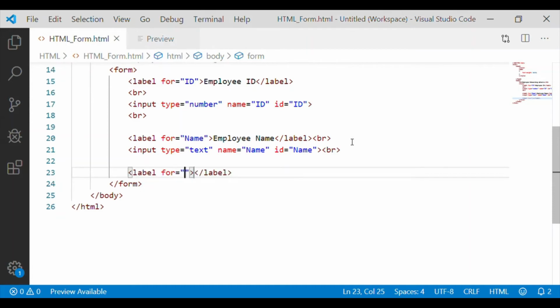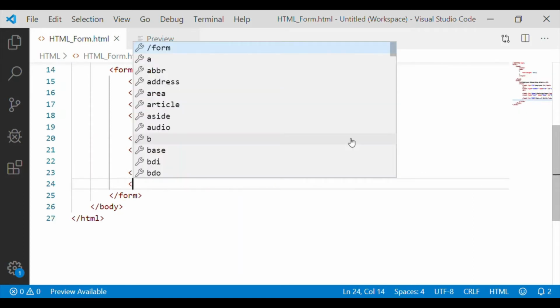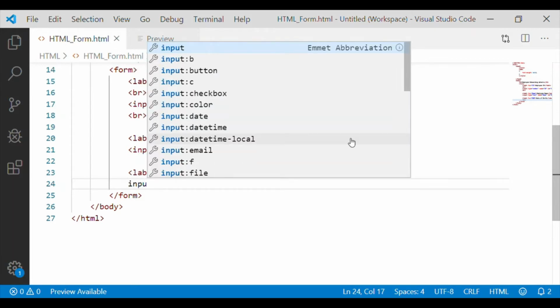As a third item in the form, let us get date of birth of the onboarding employee. For date of birth, there is an option in the input type for HTML forms called date.